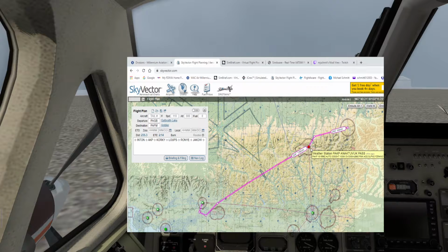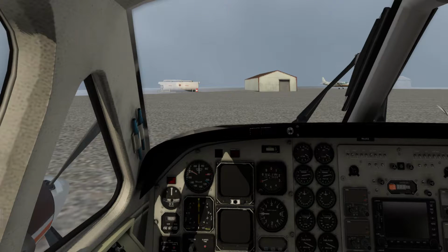There is an NDB here. I believe one here. Nope, there isn't one in Ambler. So we're going to be kind of flying off the GPS the whole way. So let's swipe all this stuff out of here. Our pre-flight's complete. Our walk around is complete. And we're headed to